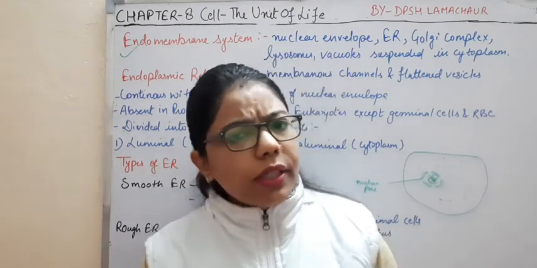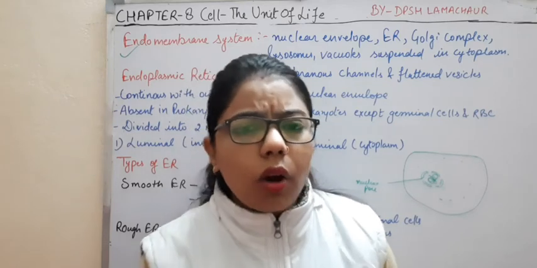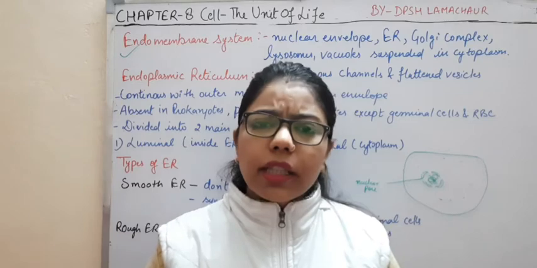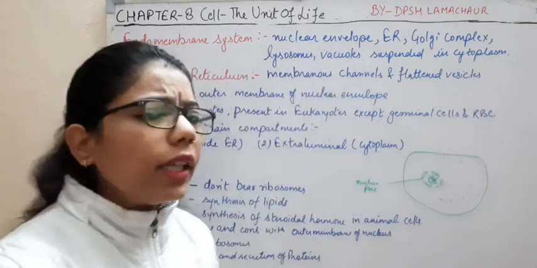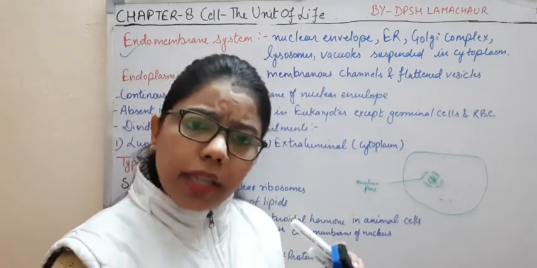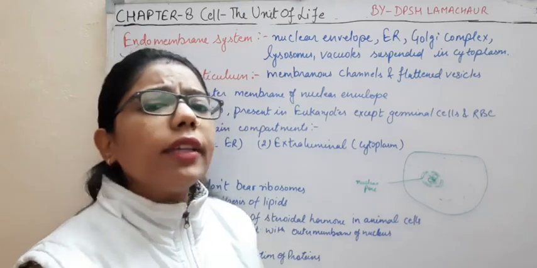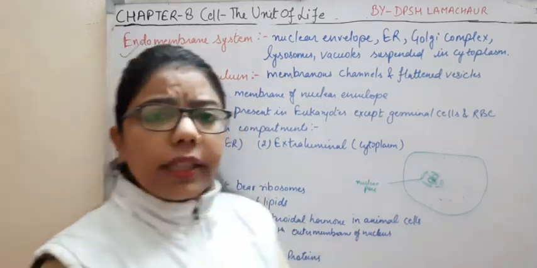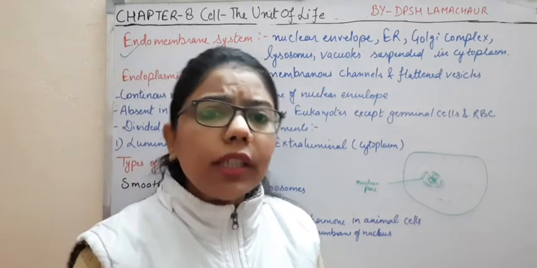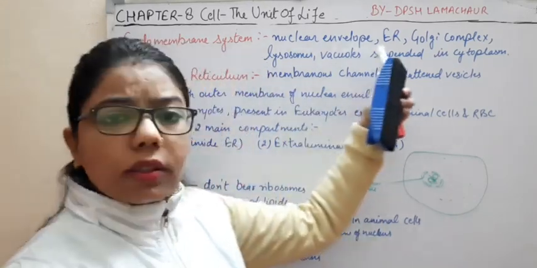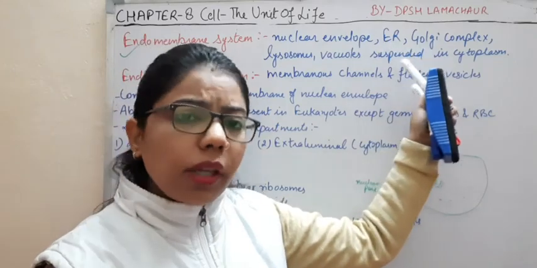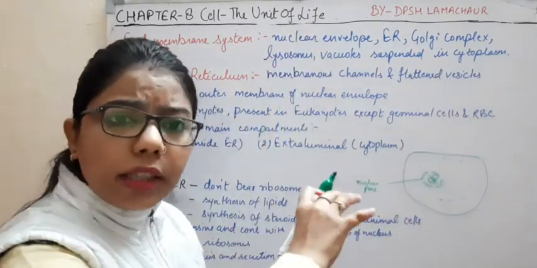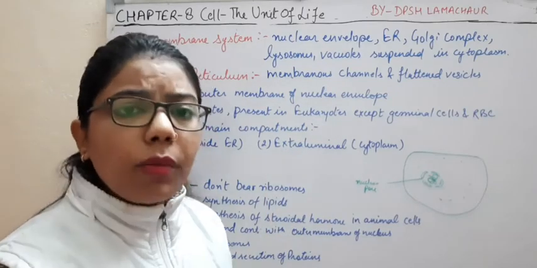So one by one, there are so many organs related to it. Liver is there, pancreas is there. All of them are coordinating with our digestive system, so that's why it forms a system. In this endomembrane system also, there is some coordination among the organelles. In the next slide I have written what things come under this endomembrane system.